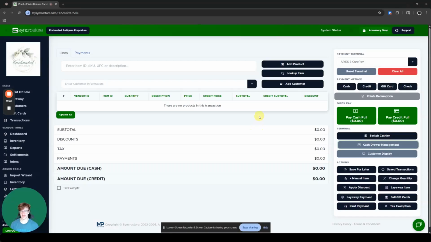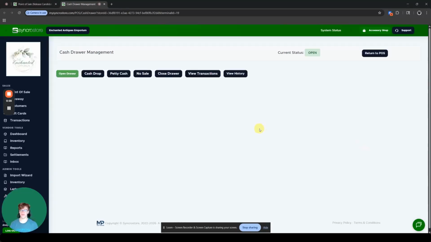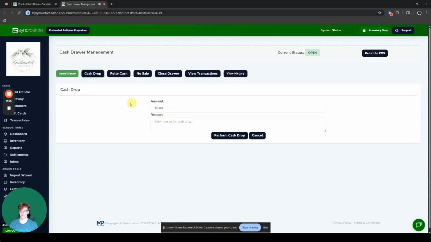Once you have an open cash drawer and you want to perform various actions on it, simply navigate once more back to the cash drawer management page, clicking on this cash drawer management button on the right hand side. Once you click on it and you want to perform a cash drop, which is an approved and secured way to withdraw usually a large sum of cash from the cash drawer, simply go into the cash drawer